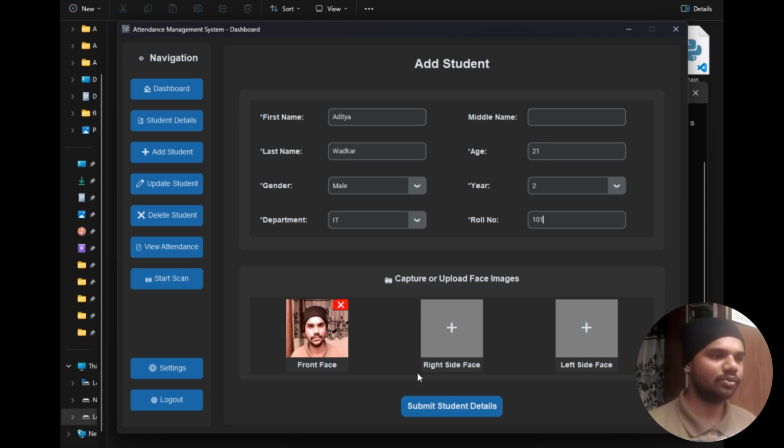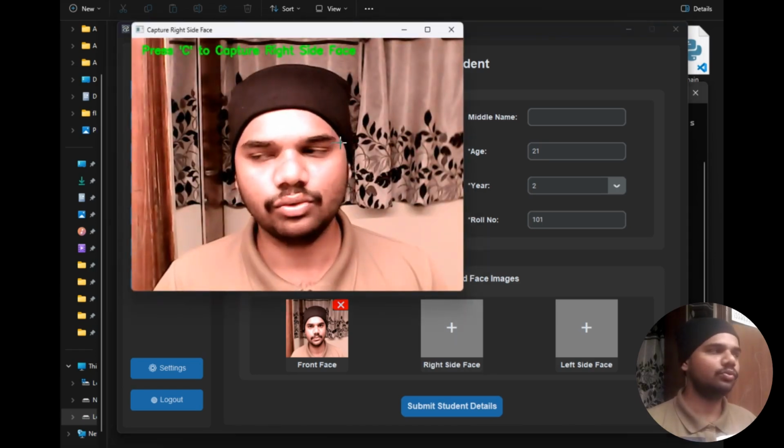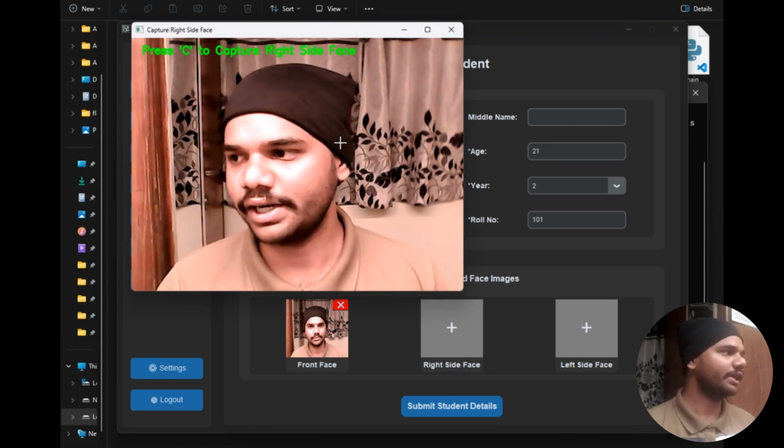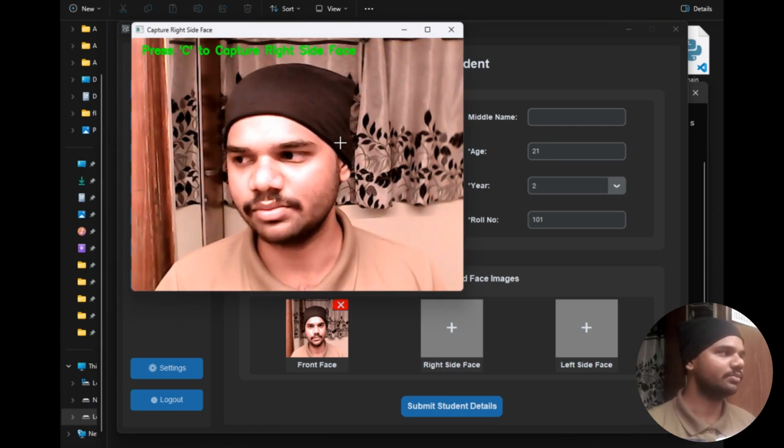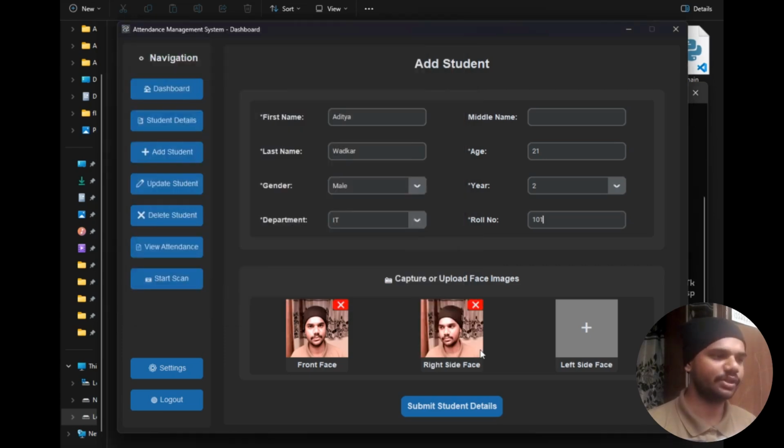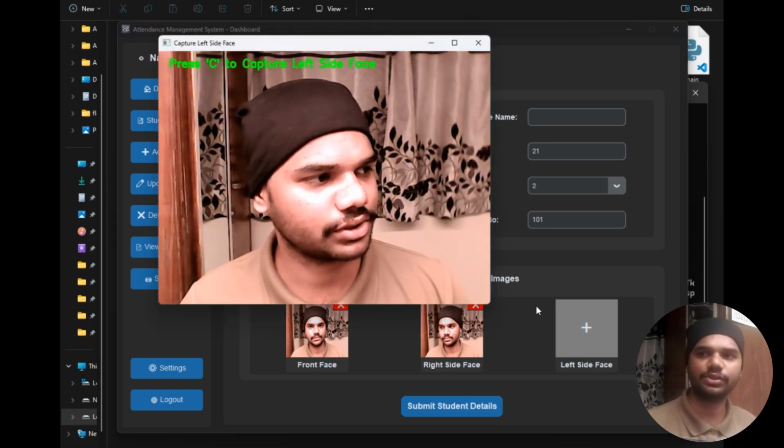Now it's requesting me to capture right side face. So I will look in my right direction and press the C button to capture the photo. So let's click here, take photo. I will move to my right a slight in diagonal way and simply press C button. As you can see, the face has appeared here. Similarly, we will do for left side face. Take photo, view in left direction,